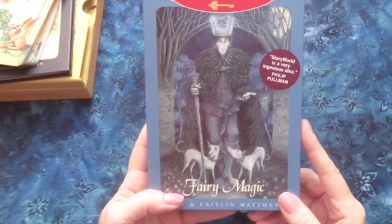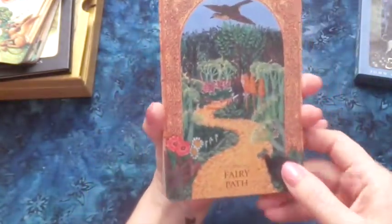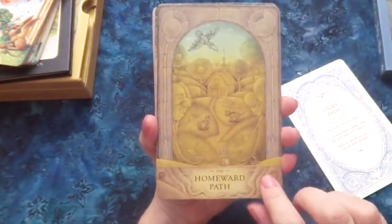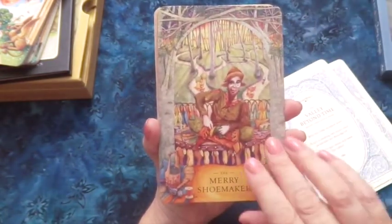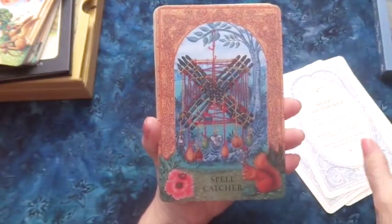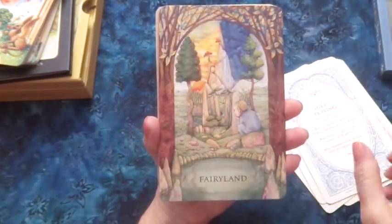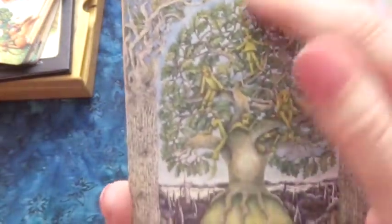Then this is the Fairy Magic set, or expansion pack, which has 28 cards. And again, the backs are the exact same, except that it has a blue coloration instead of the green. And so here we have the Fairy Path, the Homeward Path, the Valley Beyond Time, the Merry Shoemaker, the Spellcatcher, love that, the Hill of Playing, Fairyland, the Green Children, see the children up in the tree,